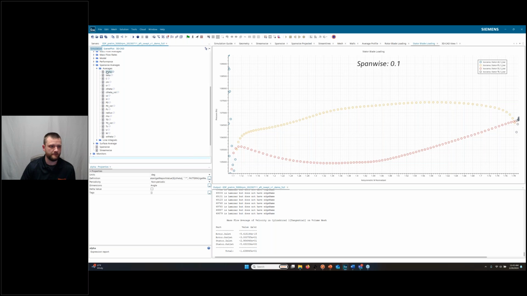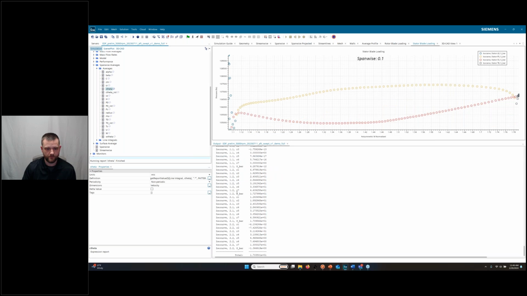So in this case, maybe I want to see c theta, which is our tangential velocity, at each one of those streamwise locations. So all of those R value locations, I can see those, and I can see it at each inlet and outlet of each region for the rotor and the stator as well. So I have a really rich output here to be able to look at my results.